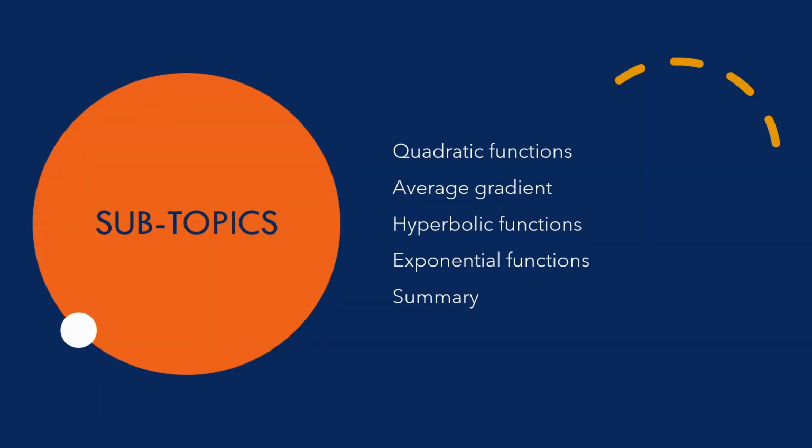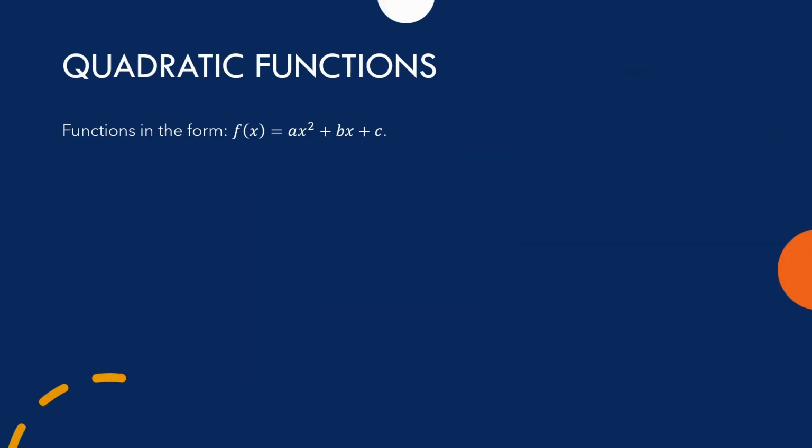This chapter has like 4 sub-chapters and finally the summary, as you can see on my screen. First, we're gonna look at quadratic functions, that is the parabola functions, otherwise known. Let's take a look at the function in the form of f of x is equal to ax squared plus bx plus c. Let's take a look at the effects of parameters on the graph, that is the effects of